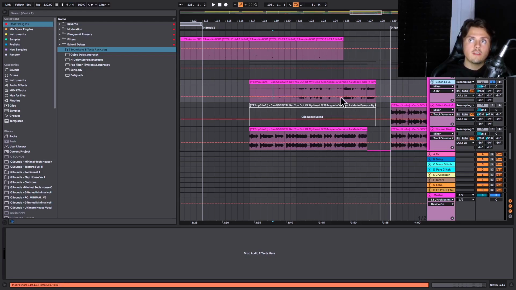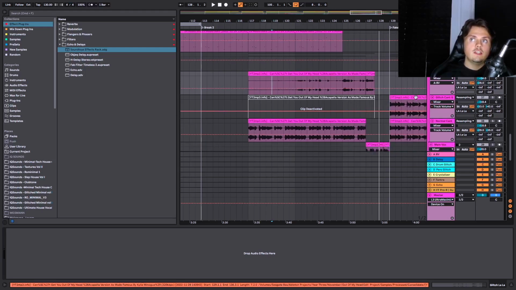So what you want to do, if you're using these glitch sounds, is use them as a layer underneath the original. So it almost sounds like the original's deforming and glitching out and trying to break free, if you will. So if we listen to how these two sound now with both of them stacked on top of each other,